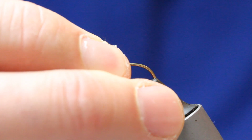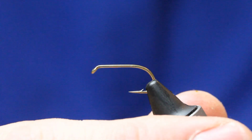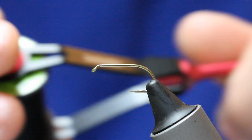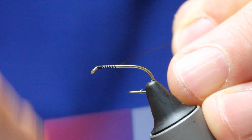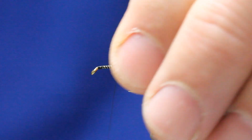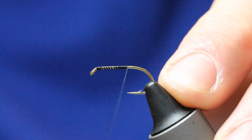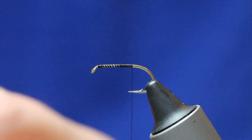So the first thing I do is start off with a hook in the vise. Because this is designed for competition fishing, it's a size 10. The thread I'm using is a black 8/0. I'm just winding on a bit of thread, cut it off with my scissors, coming down to a point opposite the point of the hook. And I've got this really cheap